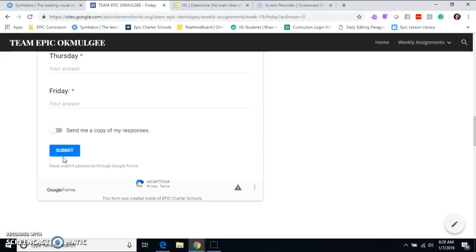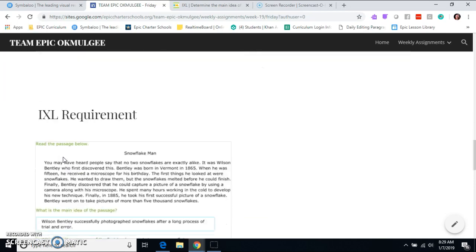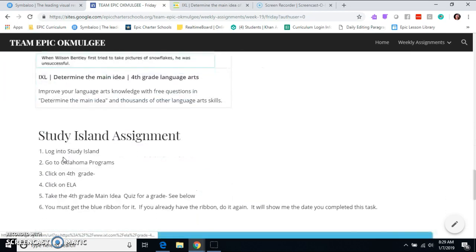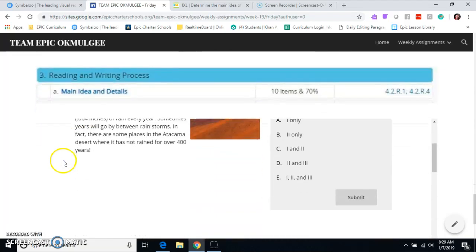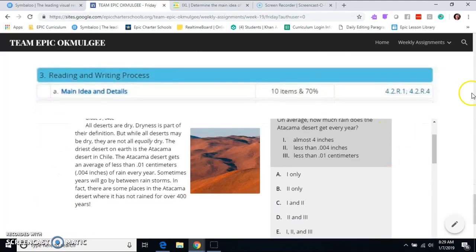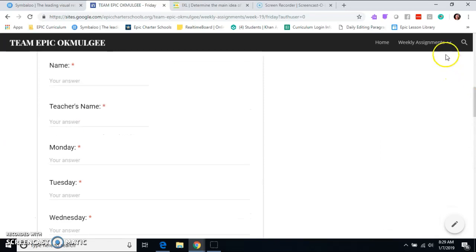Make sure when you do your daily sentence editing, you capitalize and you punctuate properly, and you look for misspelled words. If you don't know how to spell a word, you need to look it up. Use your phone, use your computer to type it in, and it'll auto-correct and show you how to correctly spell things. These will be for a grade every week. Then you will do your IXL and your Study Island assignment and your Read Theory. And then you're done for reading for the week.